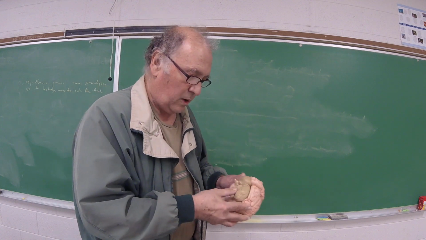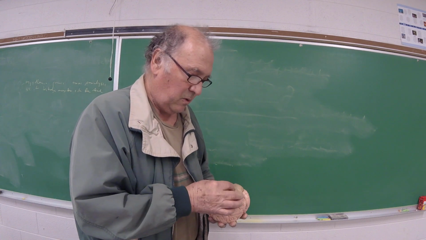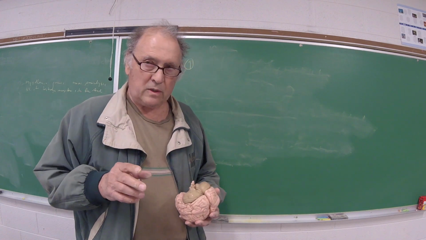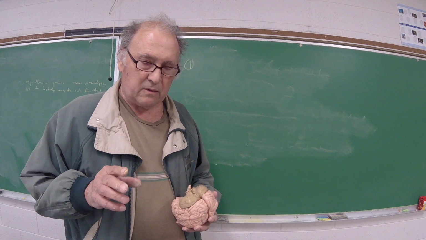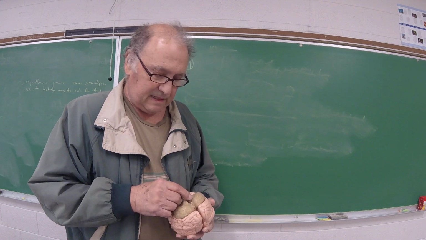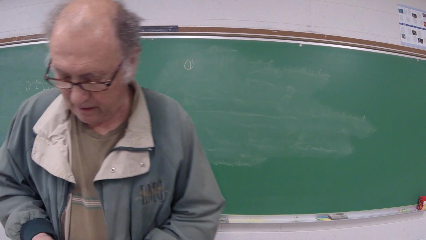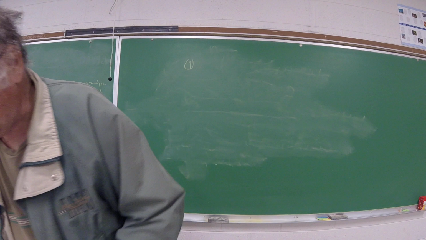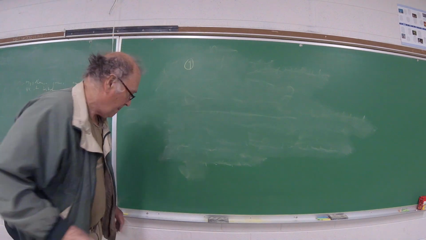Now, this is the cord that attaches to the brain. So what we have right here is the cord. Now, I don't want cord as a region, not yet. We haven't gotten to the answer right here. So the cord attaches to the brain itself, and that is the brain stem. So the cord becomes the brain stem. That's the first region I'm going to write down up here: the brain stem.